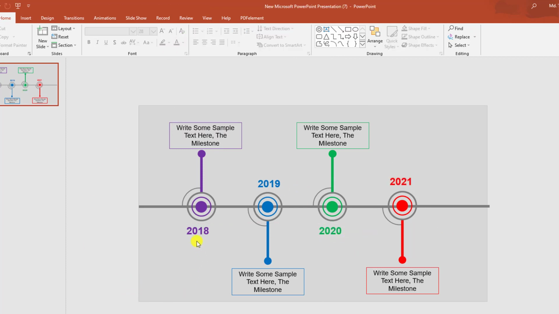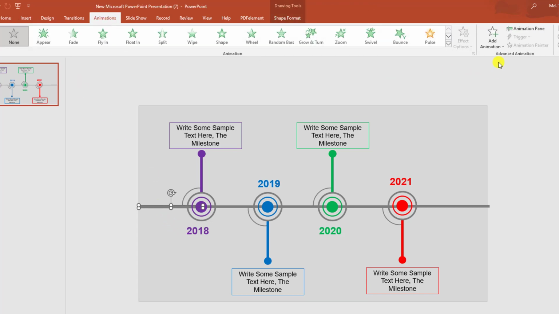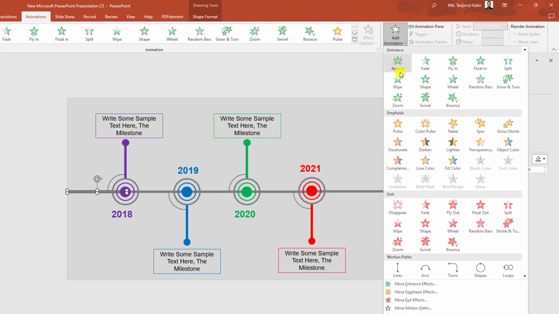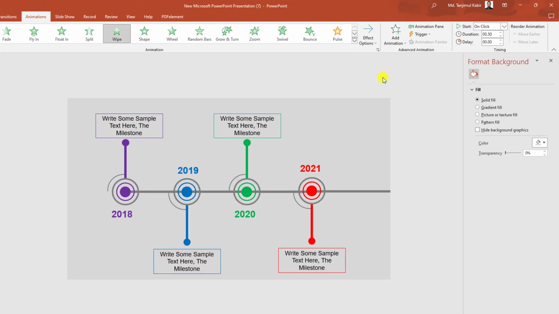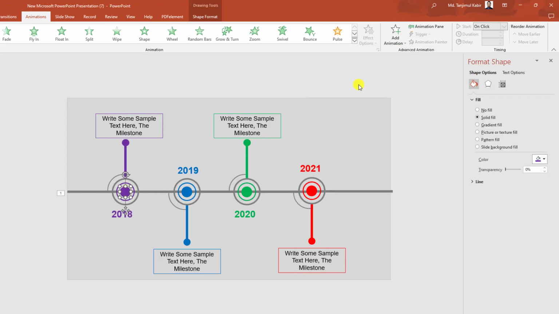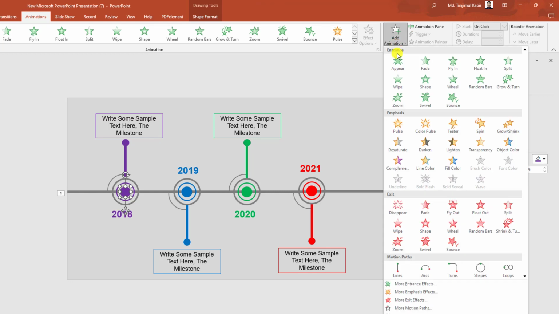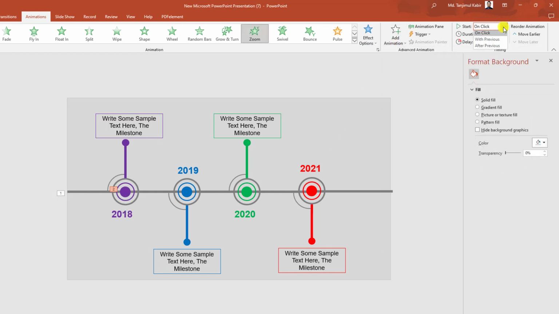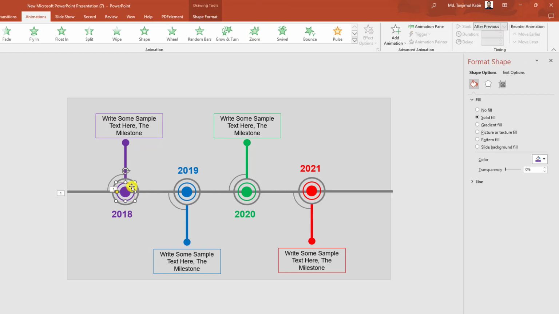Now our milestone slide is ready. Now we have to add some animation. Let me select this one, go to animation, click on add animation, click on wipe, effect option from left. Then select this one, click on add animation, click on zoom, start after previous, select this one, go to